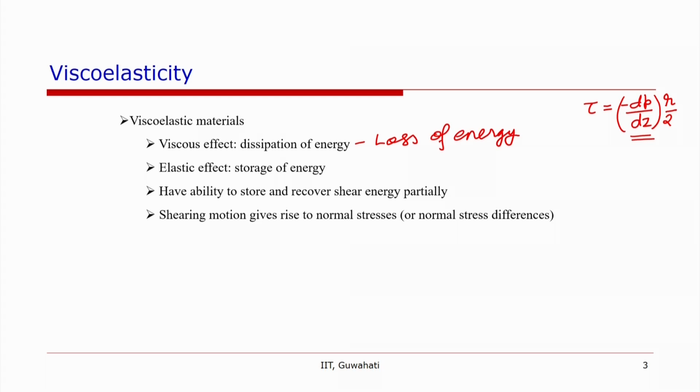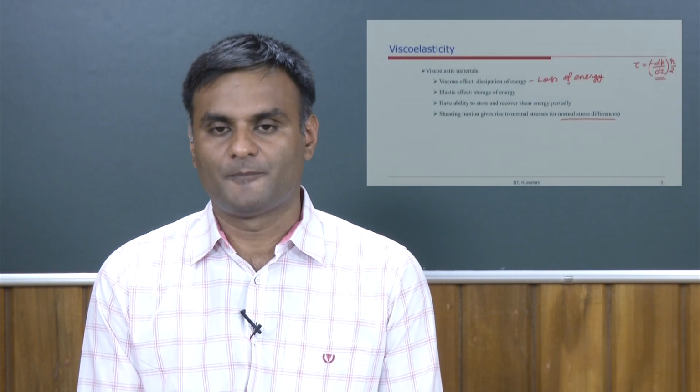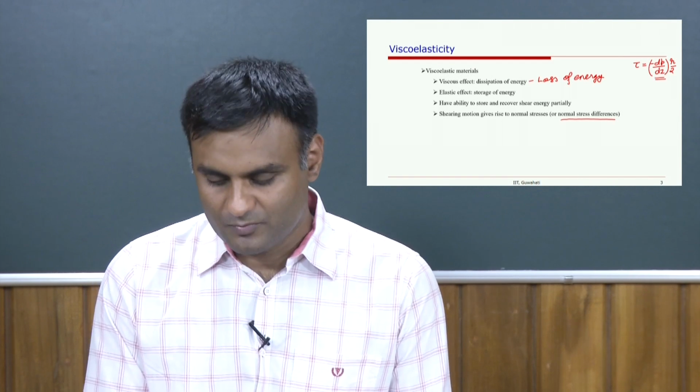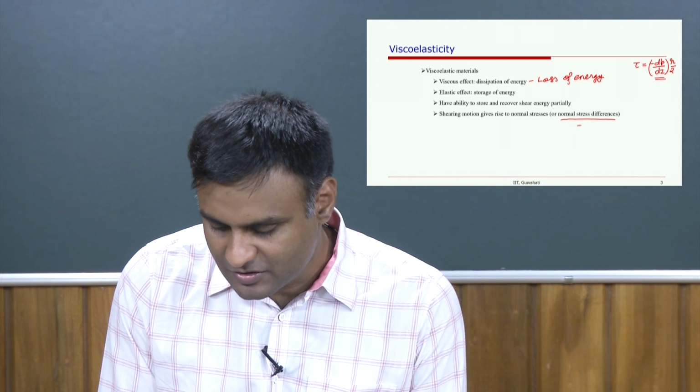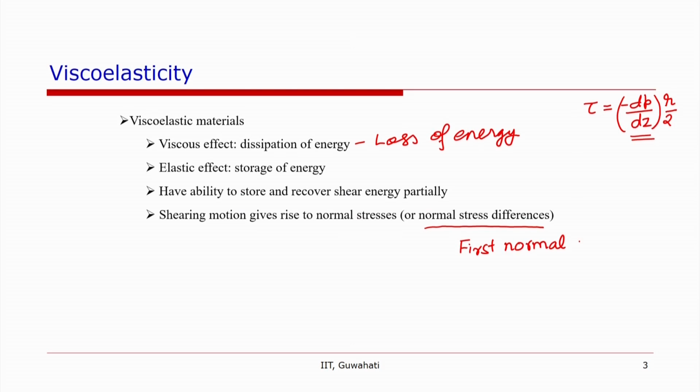What is important for deformation is the difference of the normal stresses, not the normal stresses themselves. That is why we consider the normal stress differences, and there can be two independent normal stress differences, called the first normal stress difference